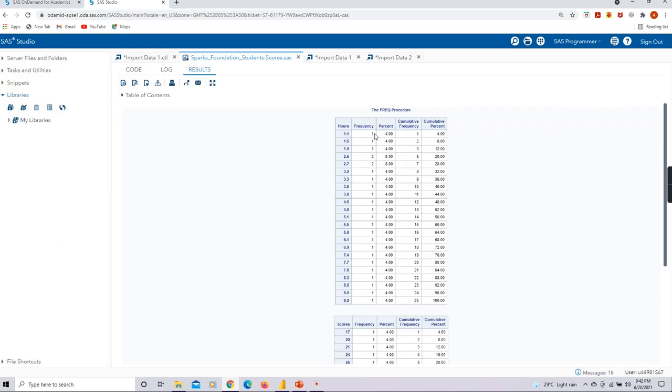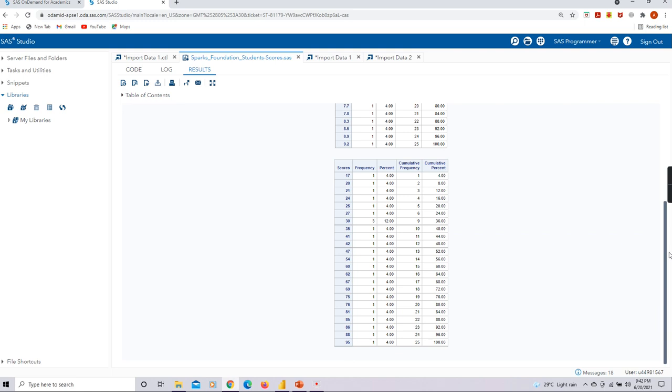So we can see this many times is the frequency of the hours, 1.1, 1.5, and so on. And for the scores, starting from 17 to 95, this is the frequency,